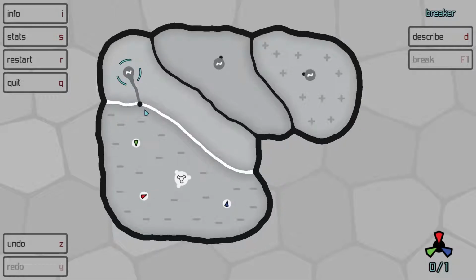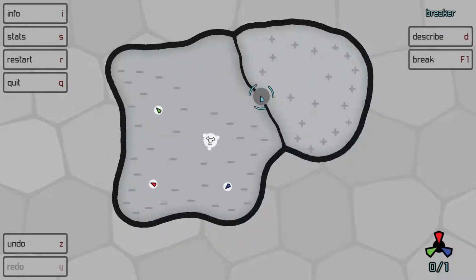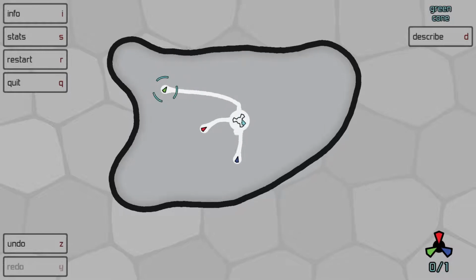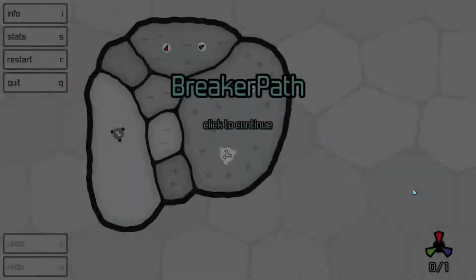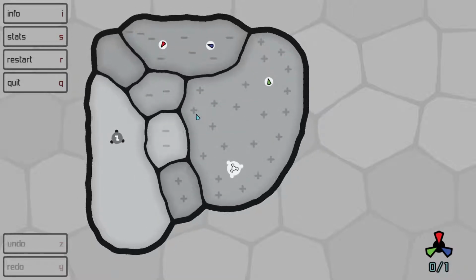That's really important, because if we have a 2 breaker, which I'll show you in a minute, and we try and take a 2 breaker through a negative area, it'll break the breaker into its composite parts, which I think is going to be used in puzzles later on, but right now we don't really have that choice. So right here, this is a good one. It's called Breaker Path, and you do find that the names of the levels do indicate a little bit of